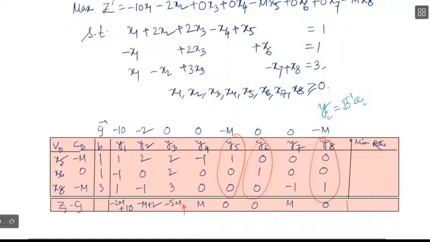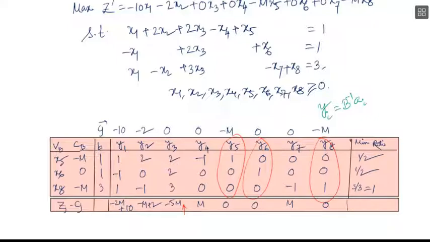So in the first row the ratio is 1 by 2, in the second row the ratio is 1 by 2, and in the third row the ratio is 3 by 3, that is equal to 1. We see there is a